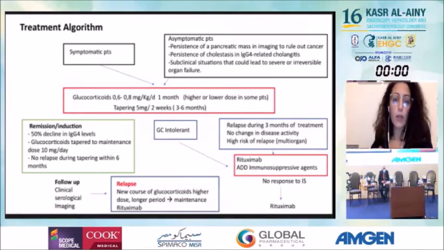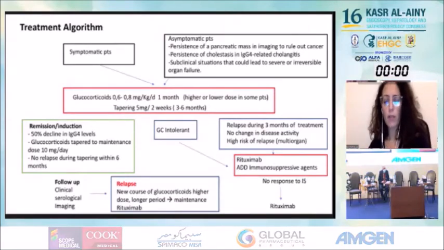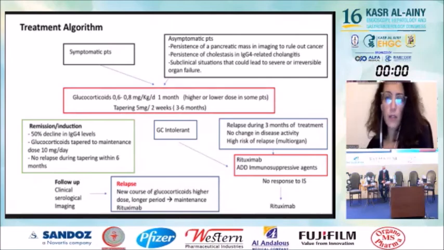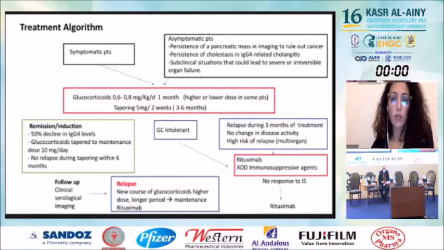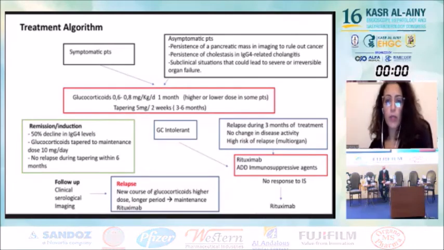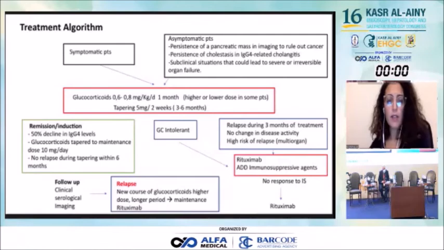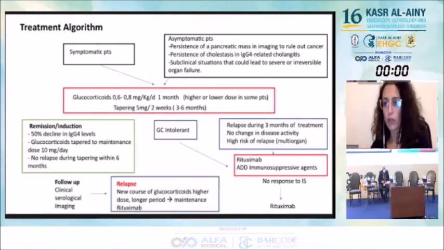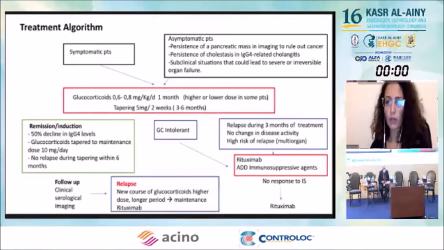And Japanese series and Japanese guidelines also suggest a maintenance dose of steroids for years, at least 2 years. We can use rituximab also in this situation when we have a relapse distant to the first course of treatment. In case of intolerance or non-response or relapse during the 3 months after the beginning of the treatment, or we have high risk of relapse, I'll get back to the high risk factors,